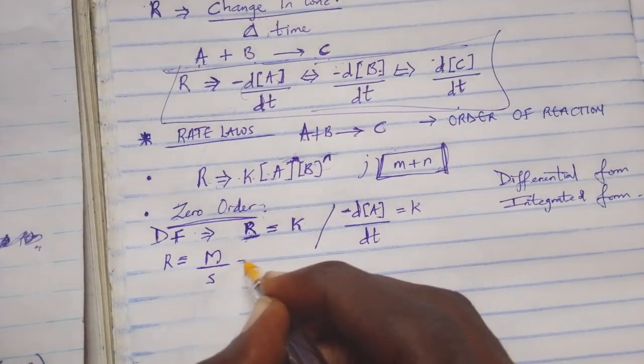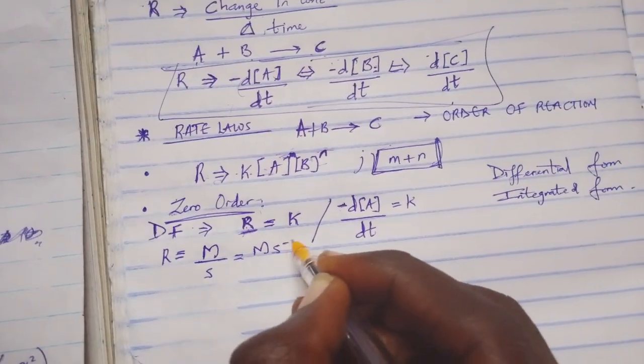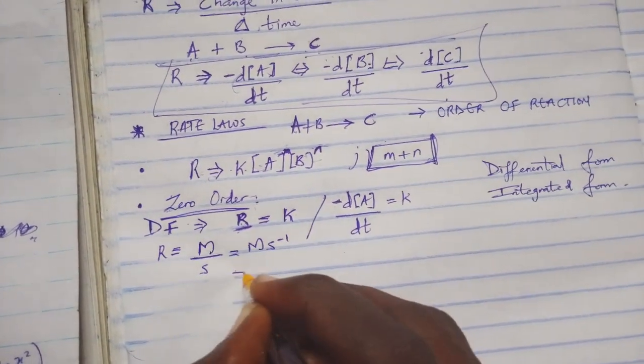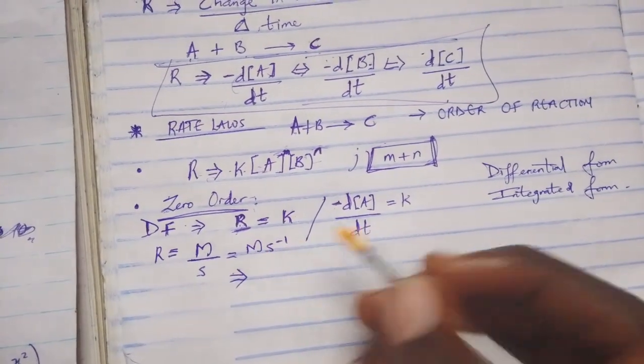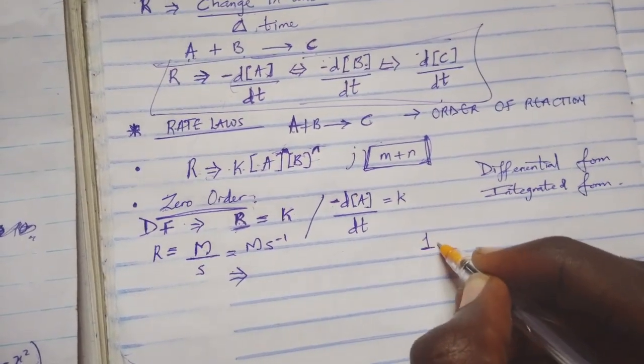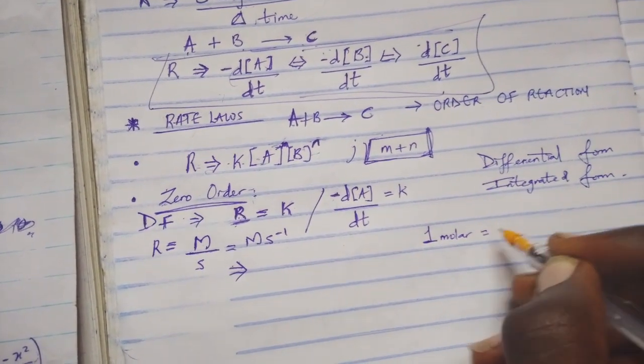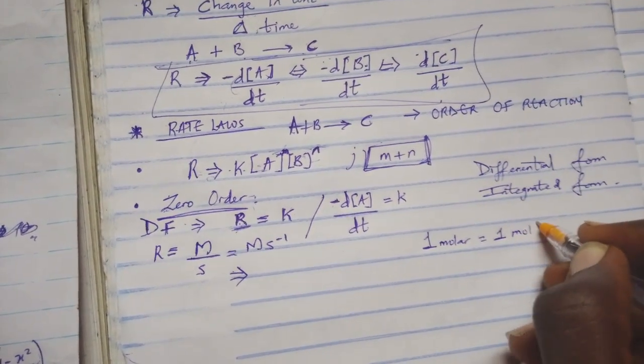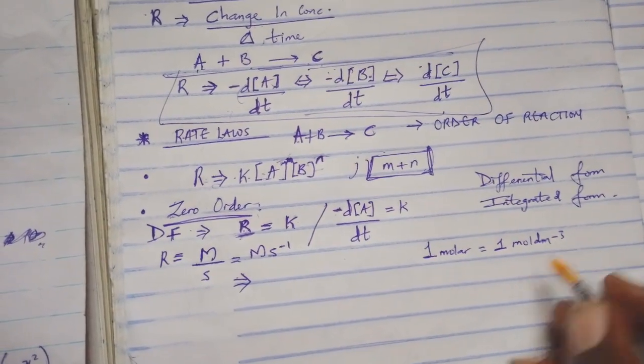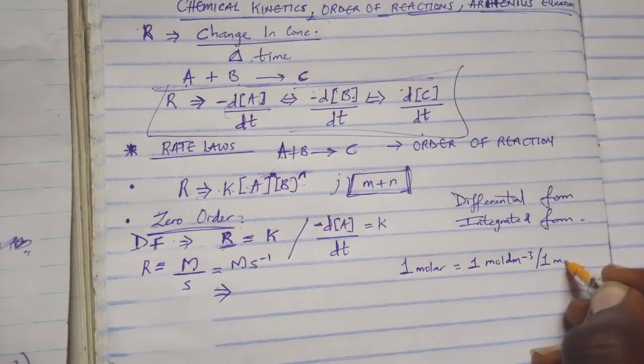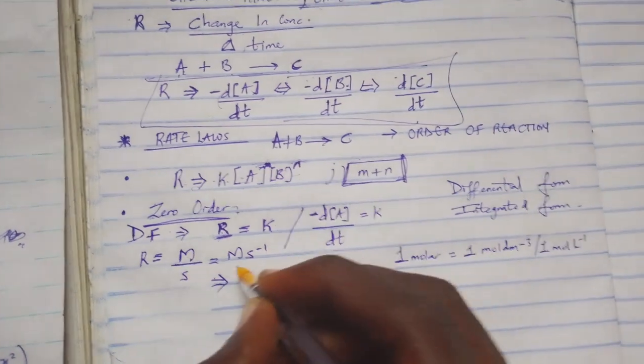So since 1 molar equals 1 mole per dm cube, or 1 mole per liter,